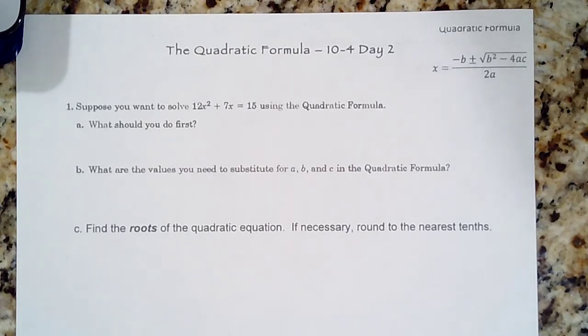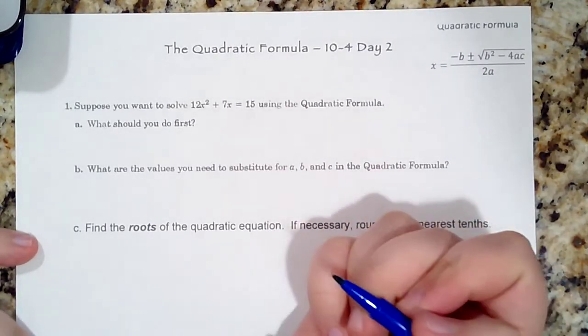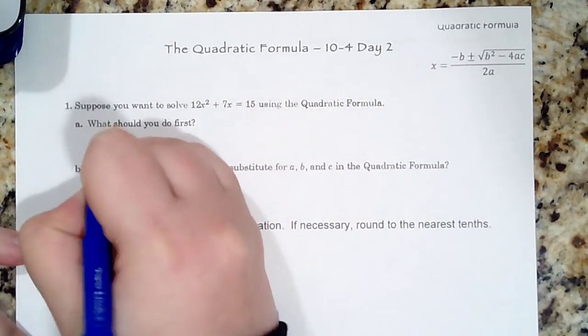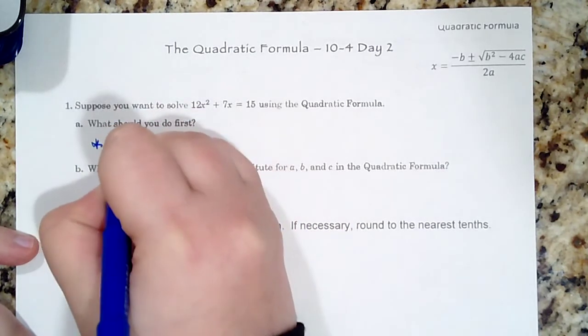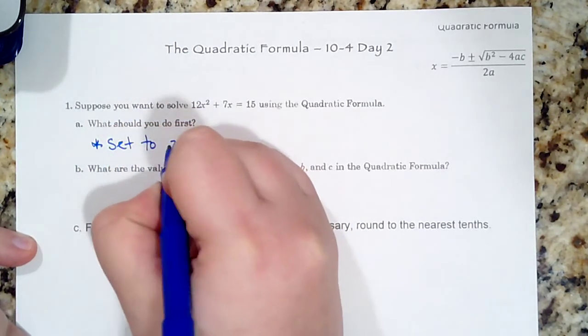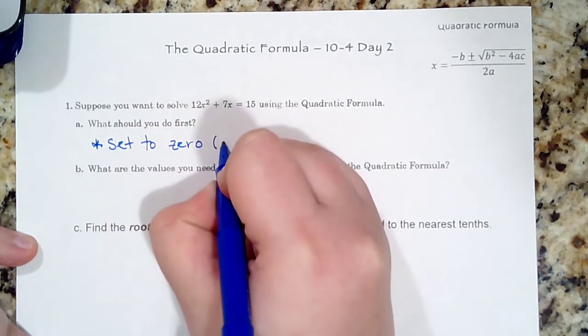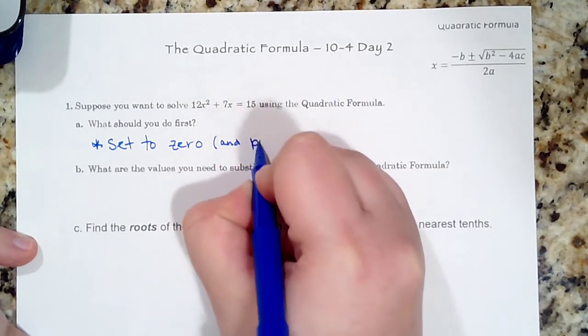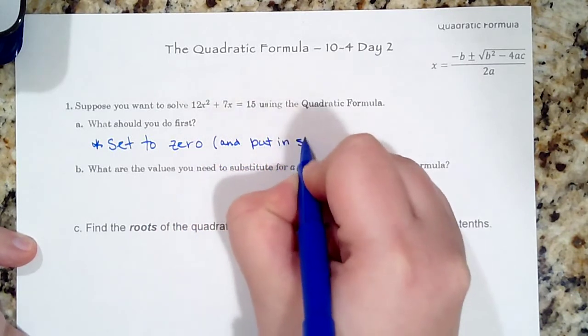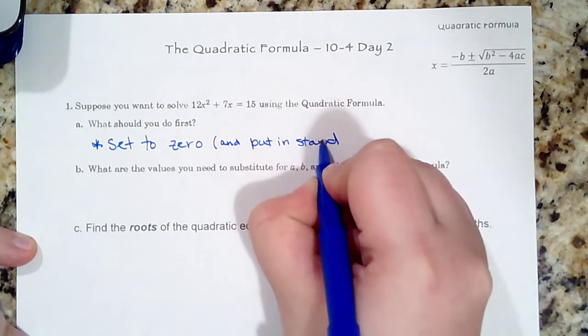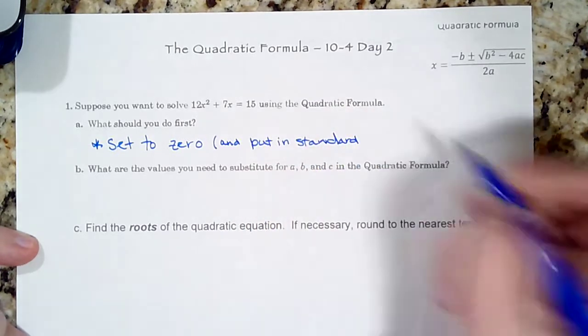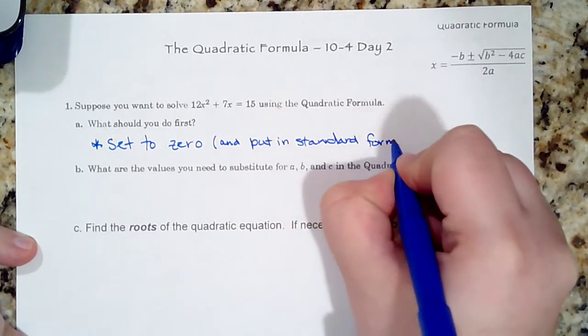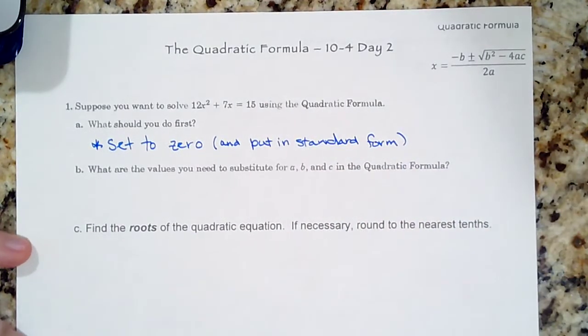So, suppose you want to solve 12x squared plus 7x equals 15 using the quadratic formula. What is the first thing you should do, especially with this example? Well, since it is not in standard form, we need to set it to 0, and I'm going to put it in standard form. Now this should come naturally when you move the number over. However, I just want to remind you that it needs to be in standard form